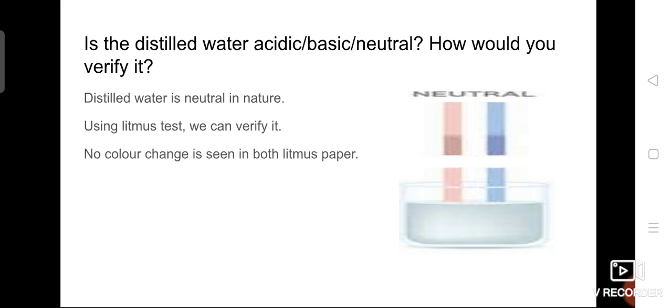In our school laboratory also, we have both red litmus and blue litmus papers separately. So easily you can tear the paper and dip, and within a fraction of a second you can find the result of that solution, whether it is acidic, basic or neutral in nature. So for the first, second and third questions, I have told that all the tests are done with litmus paper because it is easily commercially available.